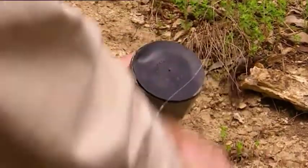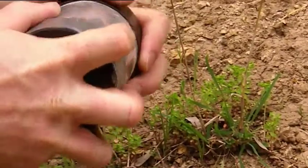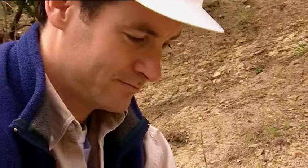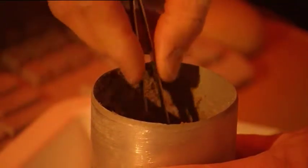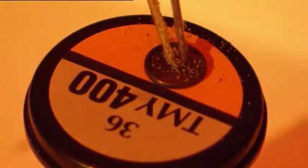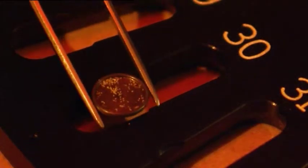So we drive a steel tube into the geological outcrop, and the sediment is retained unexposed to light within that cylinder, and then we take that back to the lab and extract the quartz under controlled red light conditions so that there's no light exposure. And then by releasing that light energy in a controlled environment in the lab, we can work out the age